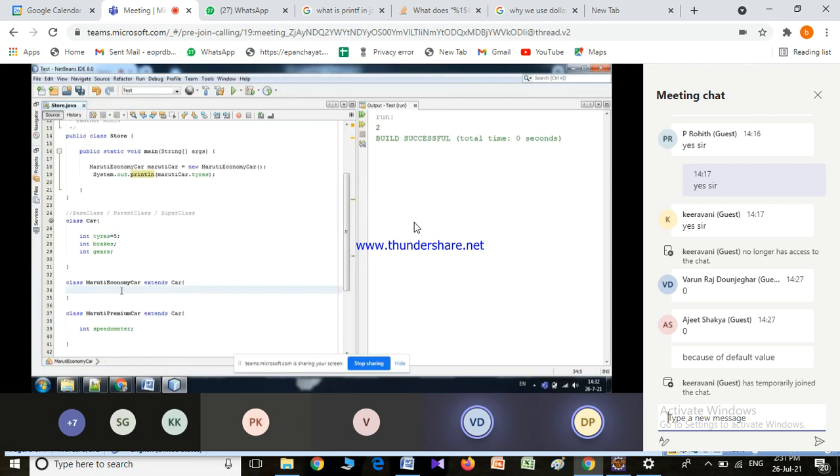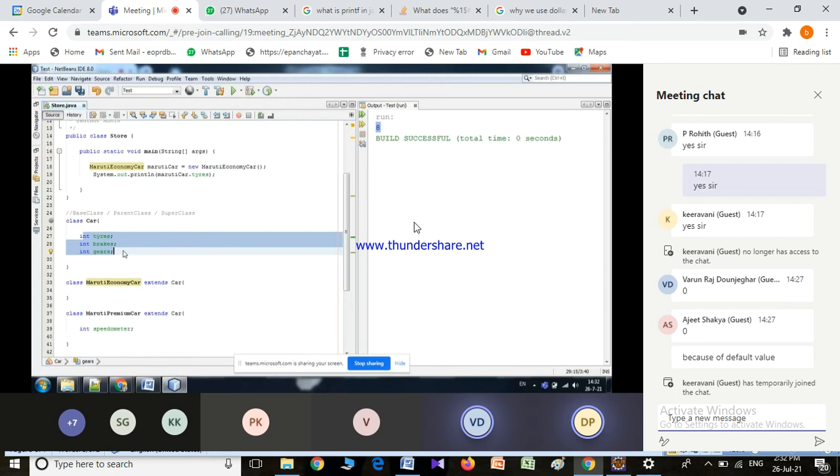See, if I want to modify, see here, tires I have removed. Now I am printing here. So what is the default value? It will come as 0. So there is no necessity or mandatory that you have to initialize anything. Initialization will be taken care of by the JVM. If you don't provide the value, it takes the default; if you provide a value, it will be taken. So it is not mandatory that for every child class you need to initialize these parent variables.